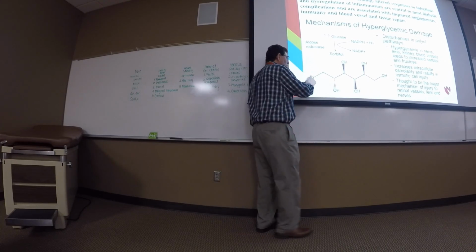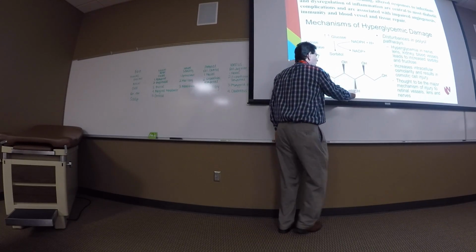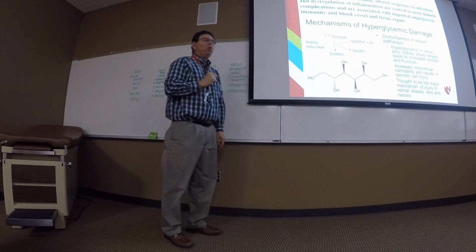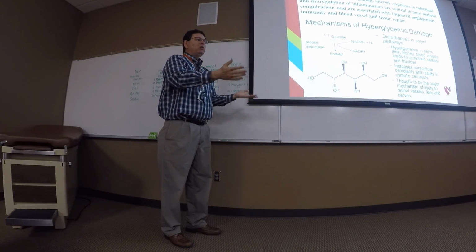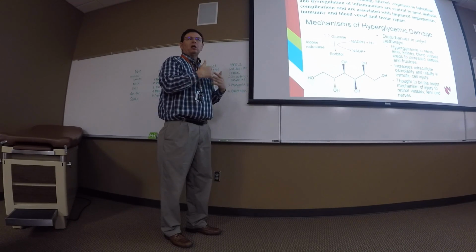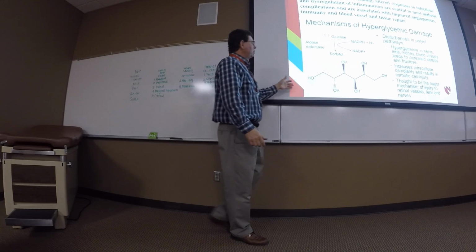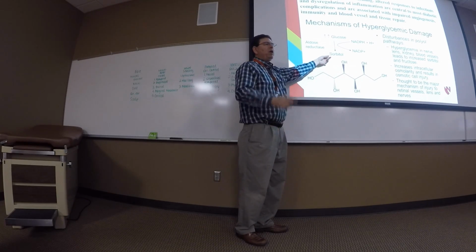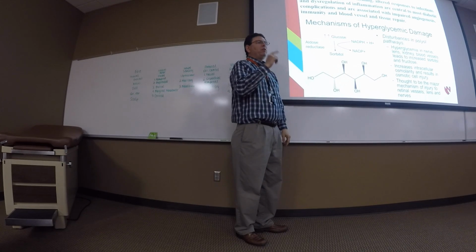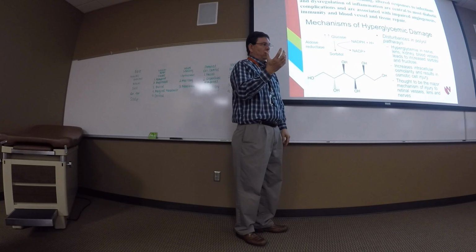And what functional group do we see on sorbitol? A bunch of OH groups. What molecule do you think OH groups attract? Water. So sorbitol attracts water to it. So if you have a cell that makes a little sorbitol, probably no problem. But what if it makes more and more? And once you make it, it stays in that cell forever. You have no mechanism of getting rid of it.